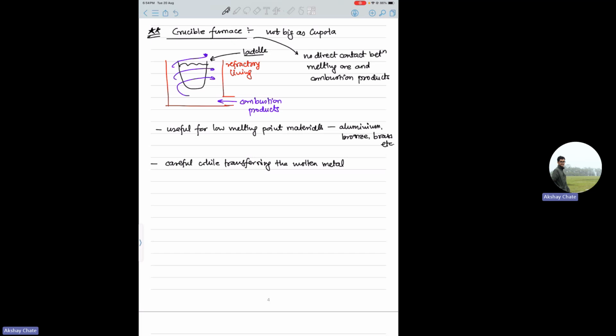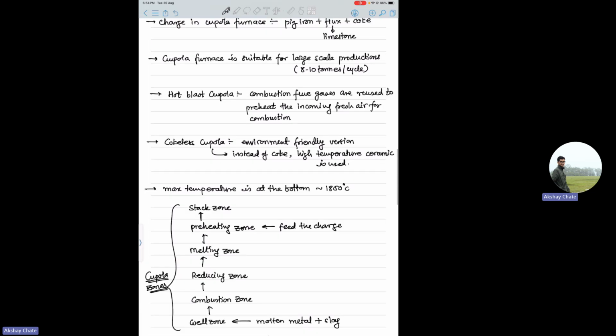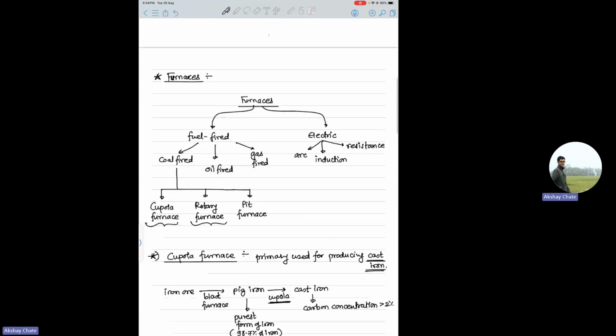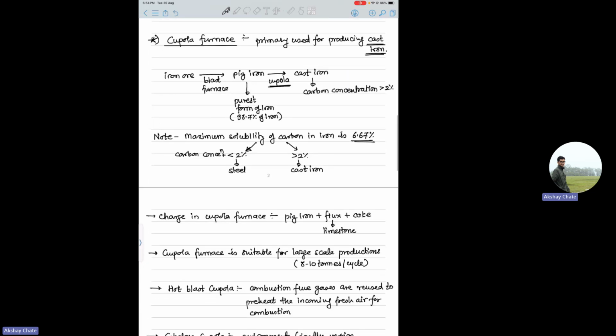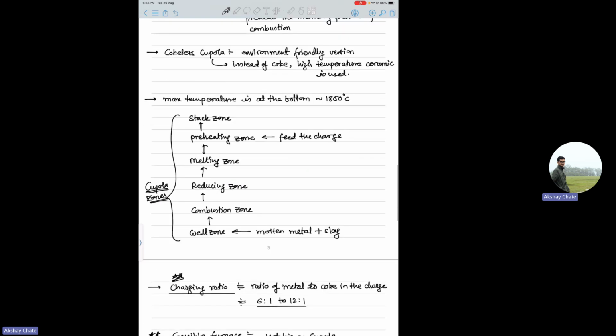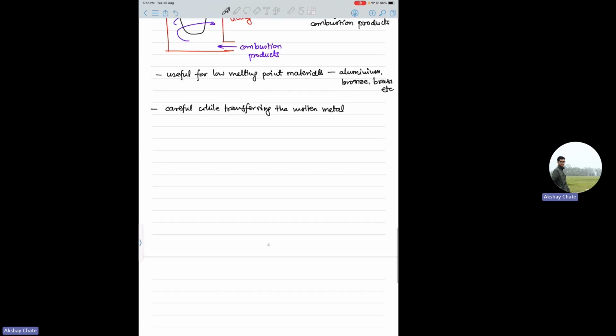Okay, because nowadays we are mostly shifting toward electric kind of furnaces. So this electric arc furnace, we saw some classification, right? In electric case, electric arc, induction, resistance, etc. are there. So in electric arc,